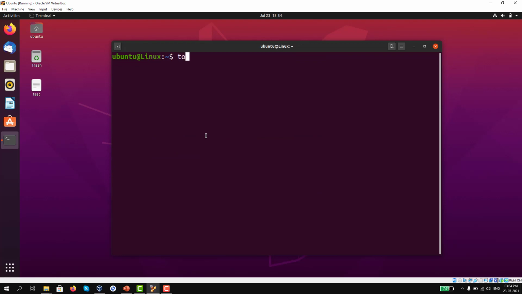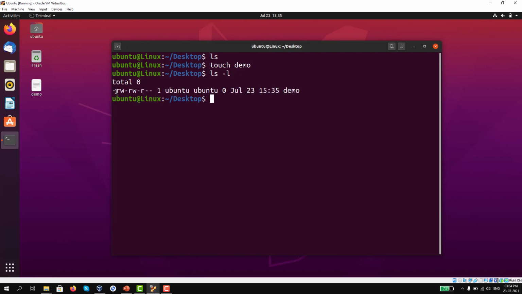If we create any file or any directory newly, it will have some default permissions. Let me move on to the desktop location and see if there are any files. Okay, let me remove the file. Currently there are no files on my desktop. If I create a file called demo, and list out the permissions, you can see it by default has read write for user, read write for group, and only read permission for others.